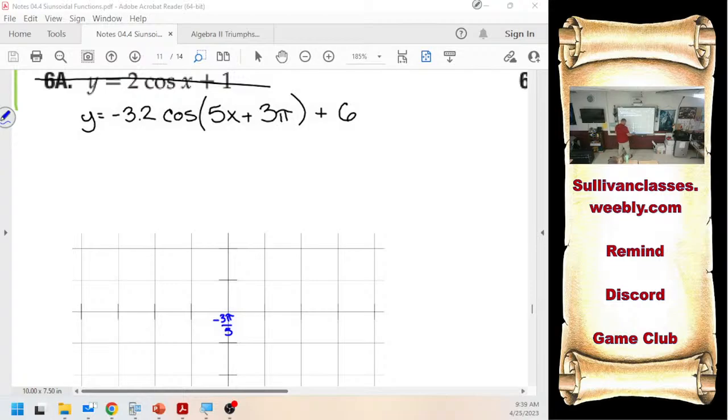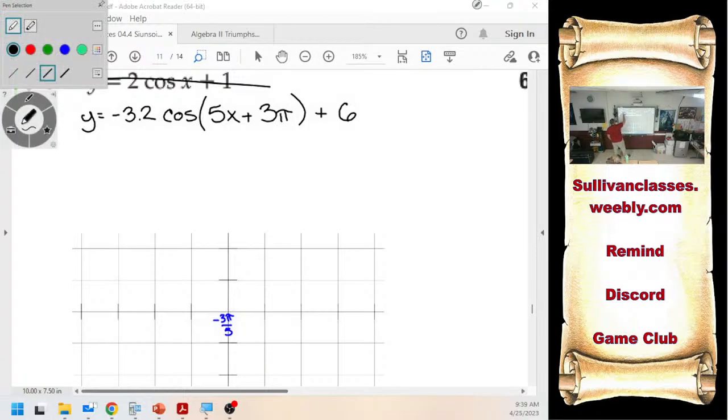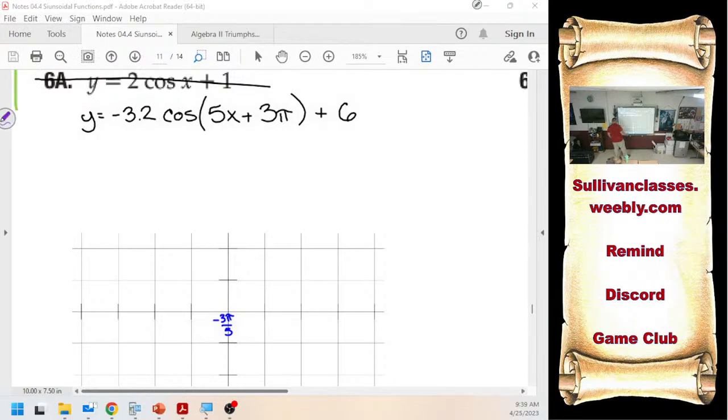6 orange. Fractions. Two over 5, 0 pi over 10, pi over 10, so -6 pi over 10. Keep going pi over 10, -5 pi over 10 is -5 over 2, -2 pi over 10 is -2 over 5 is over 10, and